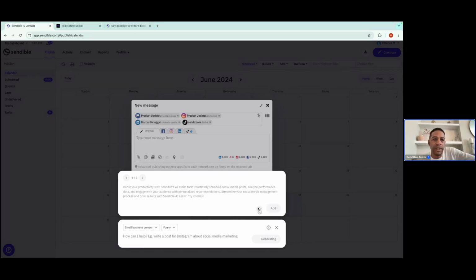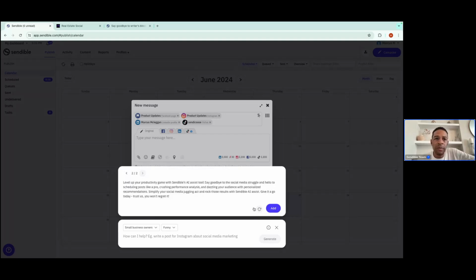So the second version, once it's generated, should be a little bit funny and targeting the small business owners. So let's see here. Media structure, let's get in post like a pro, crush your performance, dazzling your audience. You see, it's added a bit more of a personality to it as well. So what we can do is take this or make more changes and add this copy to our